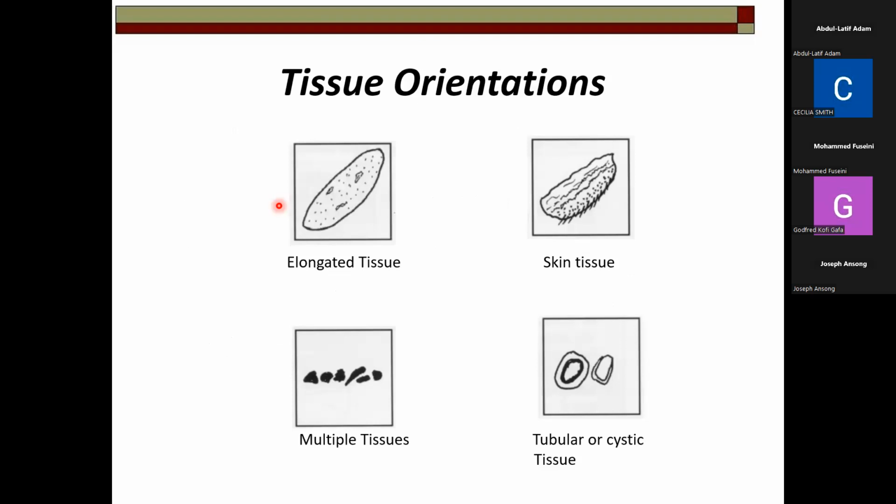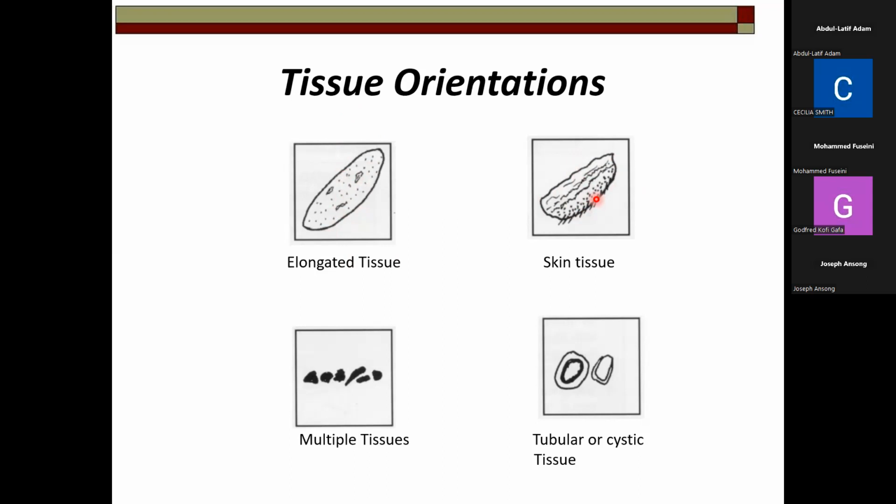So this is an example sketch showing the tissue orientation. Okay, so this one, if the tissue is longer than the embedding mold, then you embed it diagonally. Okay, so if you have something like skin, you have to embed it on the edge. So you embed it. I don't even know how to mention embed on edge. So let's say